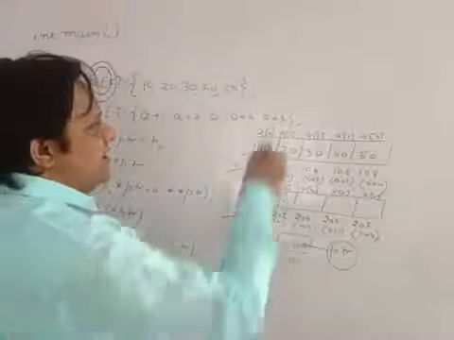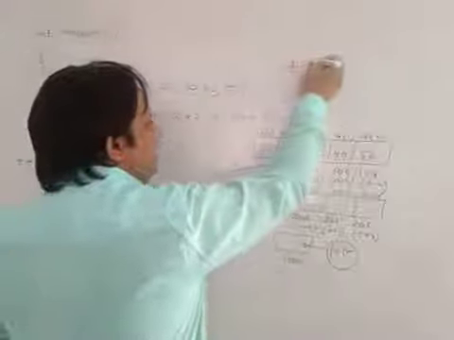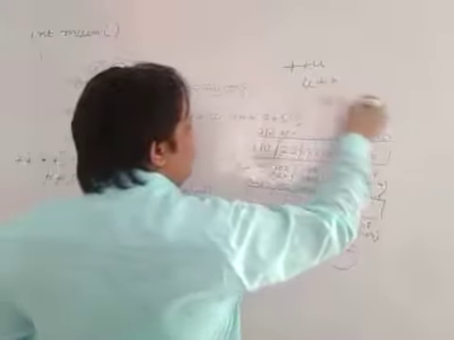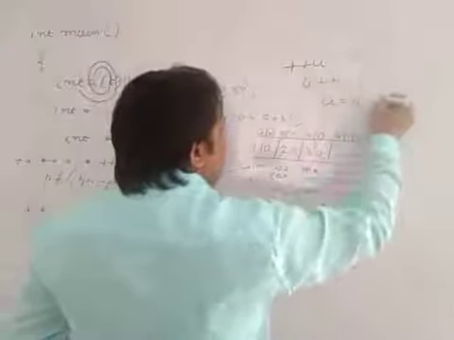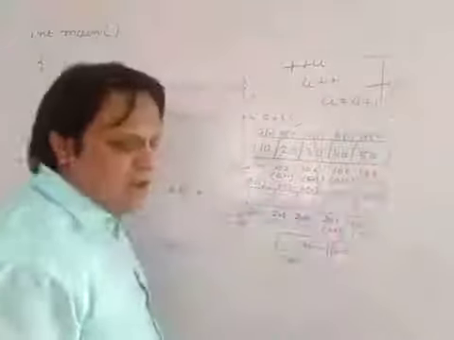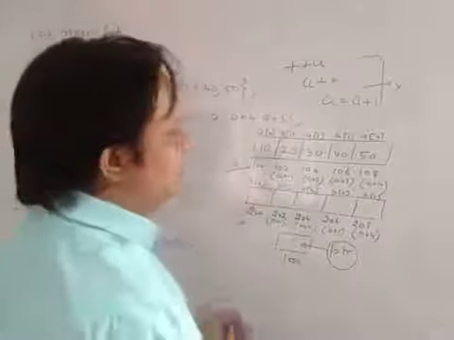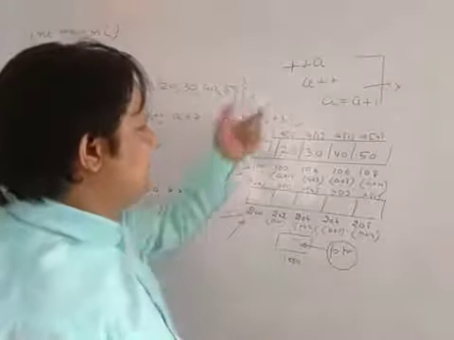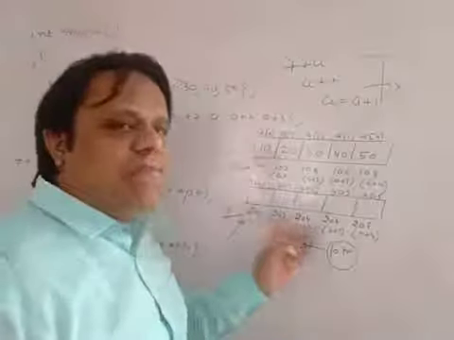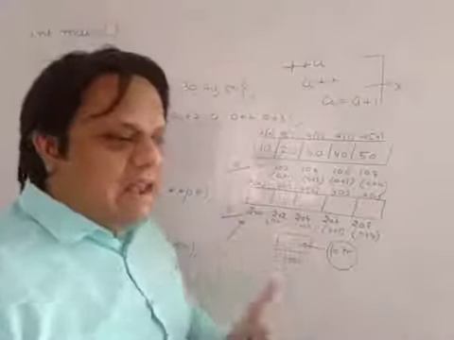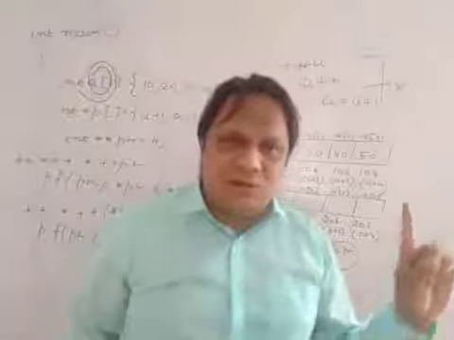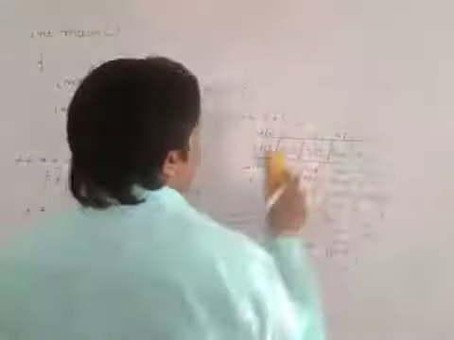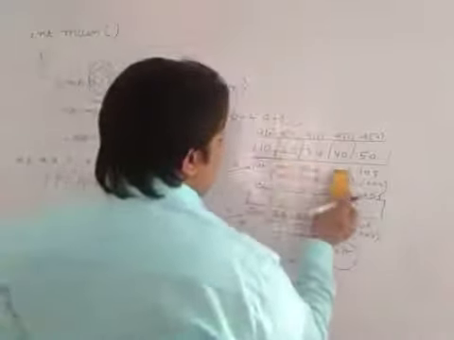108. Remember guys, in case of arrays you cannot modify the addresses like a++ or ++a or a = a + 1. These three are not possible in case of array. Same goes with the decrement also. You cannot decrement the address of the array. But what you can do, you can take a pointer, assign the address of the array to the pointer, and you can modify the pointer but not the array. Array addresses are constant values. You cannot modify them. Remember one thing. So this is a plus 1, a plus 2, a plus 3, a plus 4.